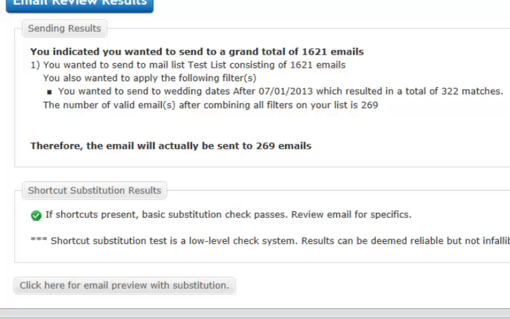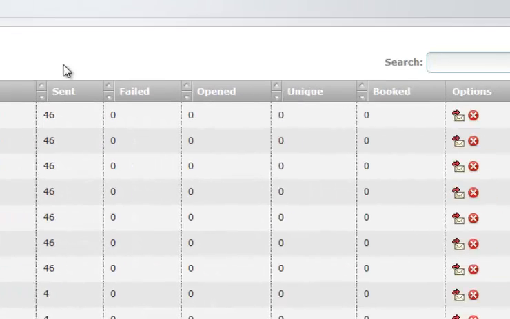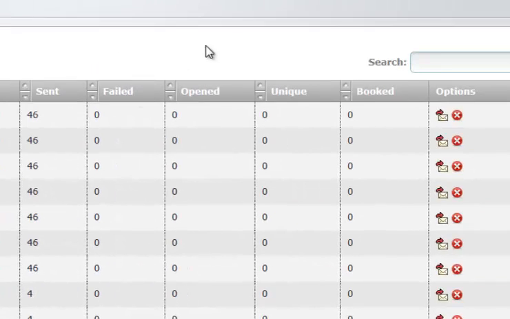If we send the email, then we will be sent back to our sent emails to show the results. Obviously, we're not going to send out to the list right now, but the sent emails shows you your subject, the day it was sent, how many were sent, how many failed, how many opened, how many unique opens you have, the number of bookings that were generated off of that, and then your options in regards to editing your list or deleting your list. If you go ahead and click edit,